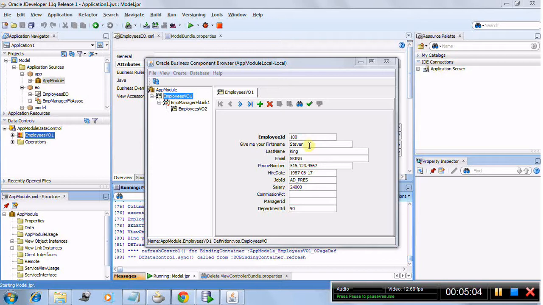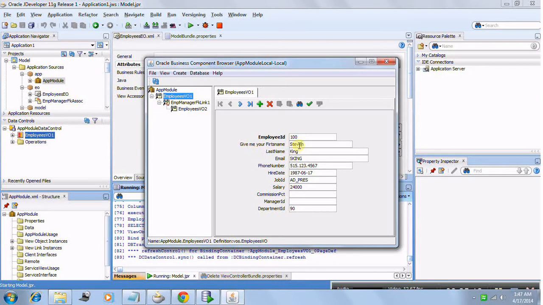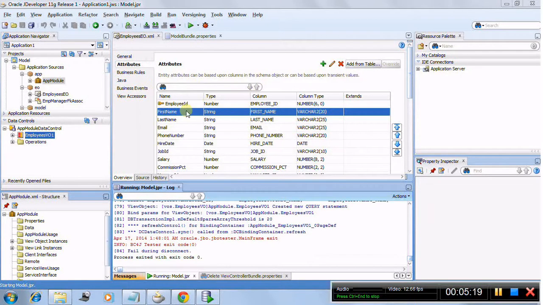Actually, sorry, what happens is this will display "Give me your first name," and when you hover your mouse over here, it will show you this tip. As you can see, this can have max 12 characters. So that was the tooltip. Now